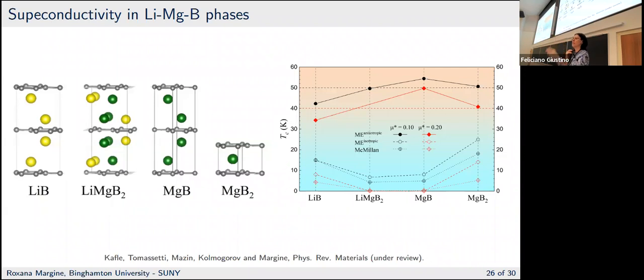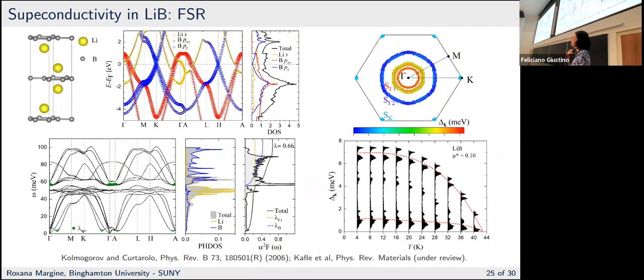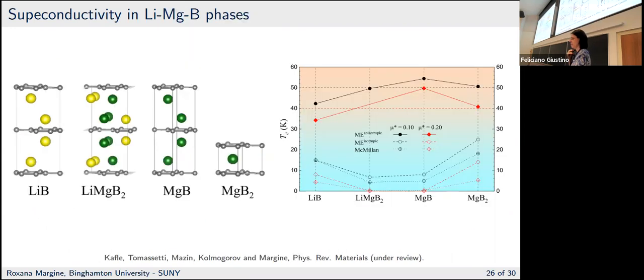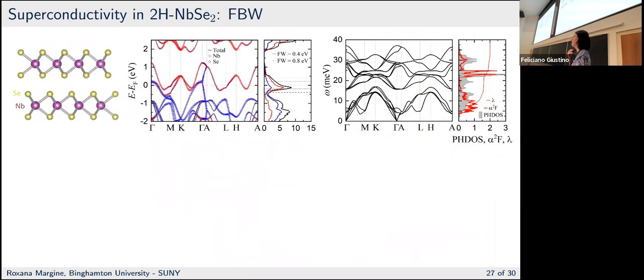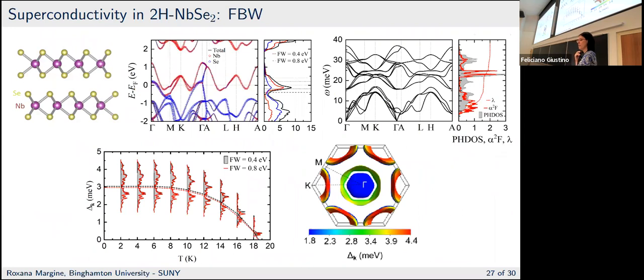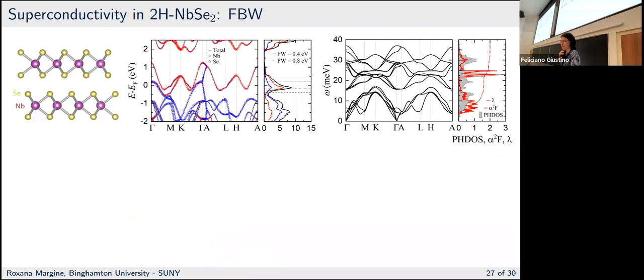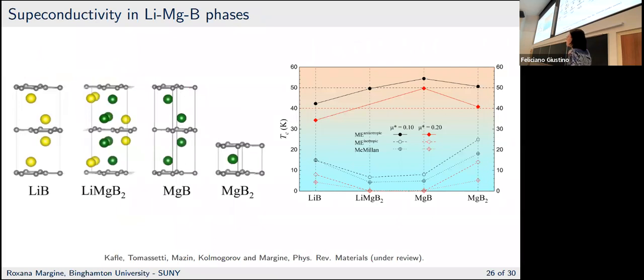So that's, I guess, coming to the other question. If your gaps are very close, you are going to get a reasonable, a close result if you just do McMillan or Allen-Dynes or isotropic BCS. So in this case, since the two gaps, for instance, are the same, your isotropic results are not going to be as off as in MgB2. An anisotropic solution will always be higher than the isotropic solution. Because isotropic,